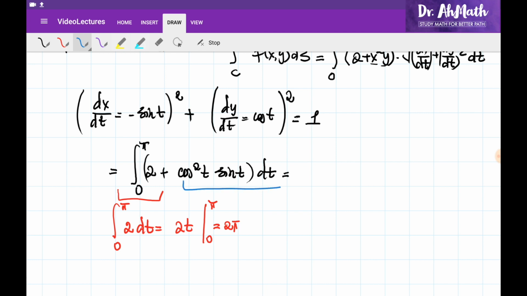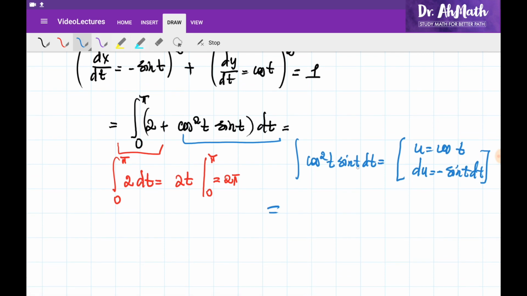The integration of the second part is slightly difficult, but we can use the substitution rule. So for the integration of cosine squared of t sine of t dt, we could use the substitution. u would be equal to cosine of t, and du would be equal to minus sine of t dt. So in this case, our integration becomes, sine of t dt is minus du, and we can take this minus out of the integration, and cosine squared of t is simply u squared, and its antiderivative would be minus u cubed over 3, and we can resubstitute this back with cosine. It would be minus cosine cubed of t over 3,